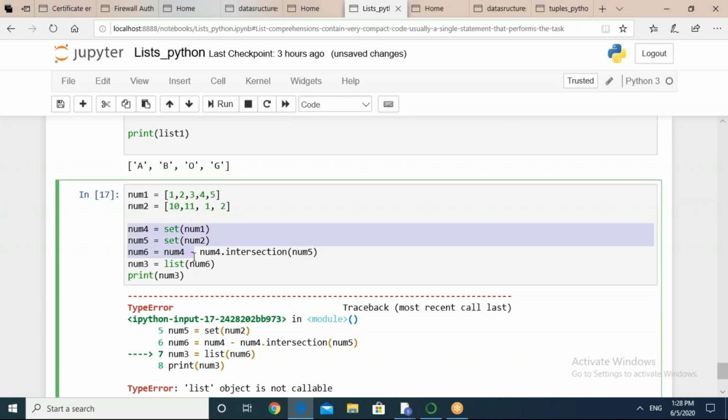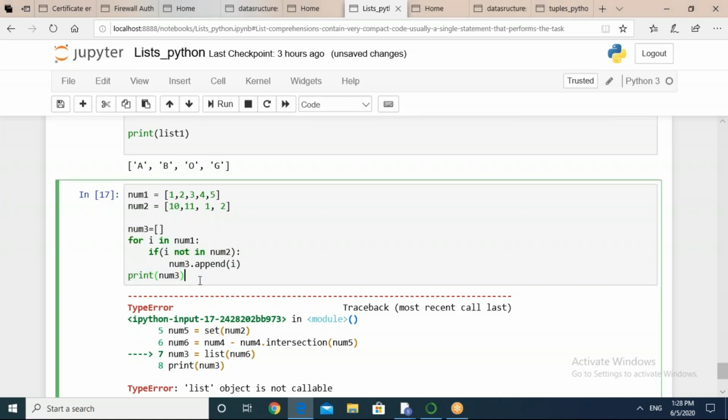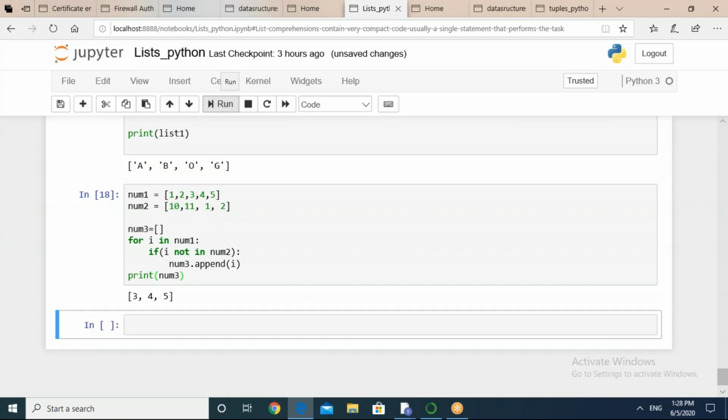So 3, 4, 5 for i in num1, if i not in num2, num3 dot append i.